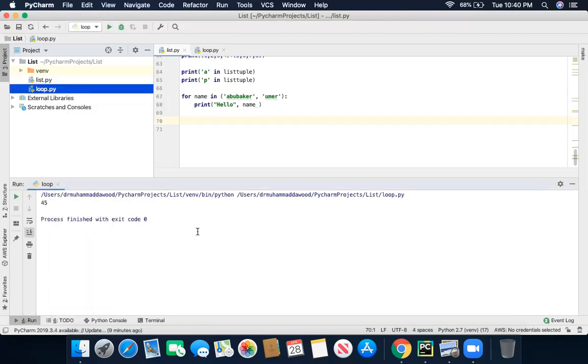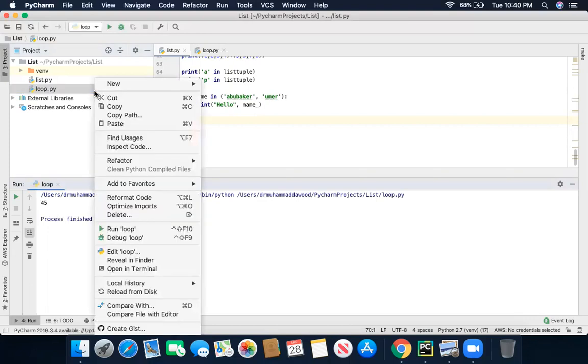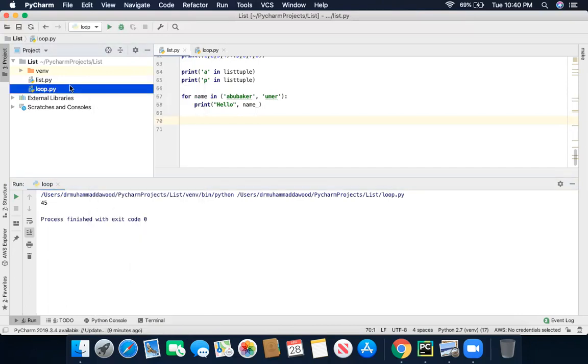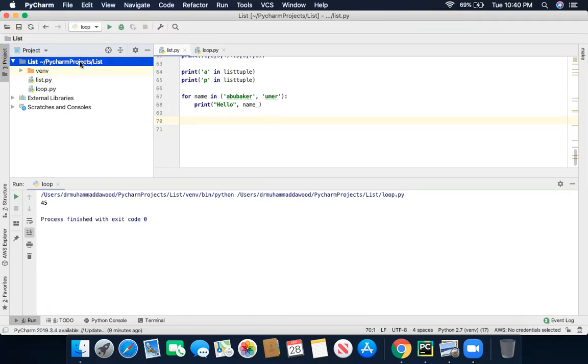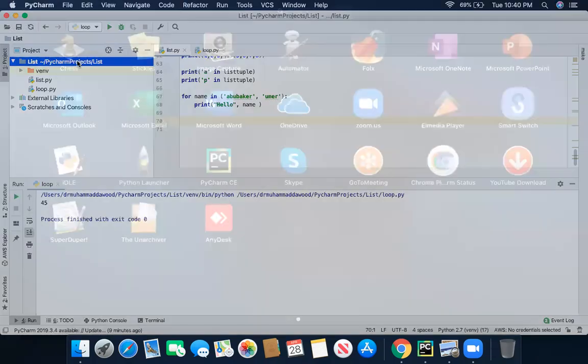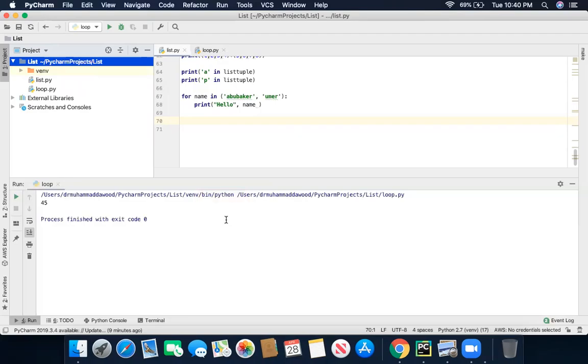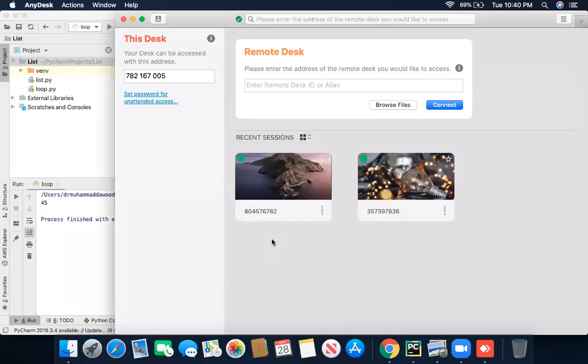Where do you get that? I have no loop option. Just click on the new program which we made today. Wait, can you do it again with me? Yeah, sure, why not? Mine doesn't do the right click. Do you have AnyDesk with you? So I will show you how to do it.